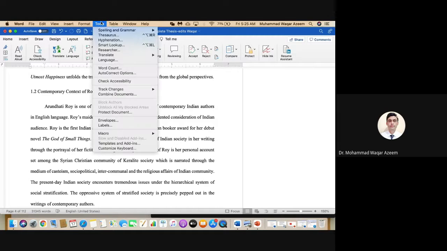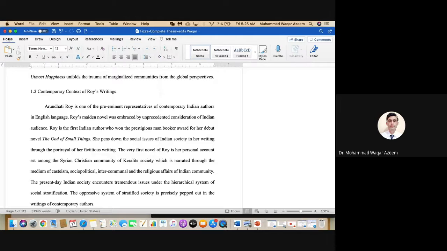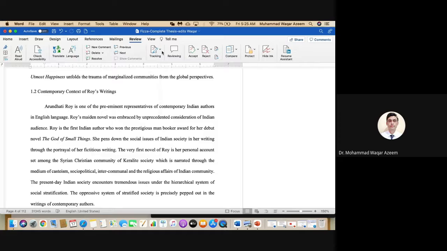In order to give your feedback on your classmate's paper, you will turn on the review option. Look at this. This is the review option. So this is the home page, but this is the review option. And then you will turn on tracking. Usually it is like this: tracking, and then turn on. Okay. And keep it all markup,